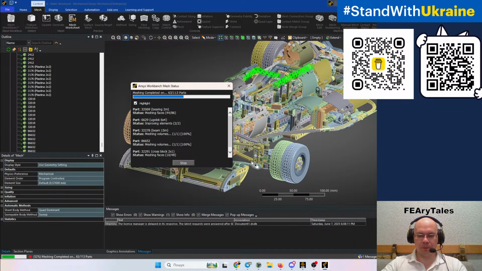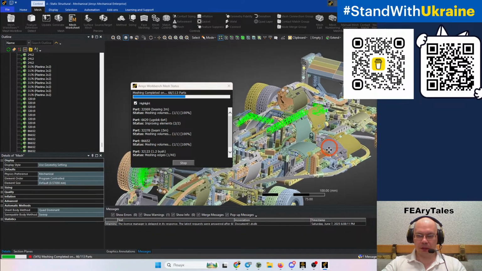Unfortunately, Ansys Workbench doesn't show the geometry and the mesh which it creates during the process of creation. It shows it only at the finish, but it creates